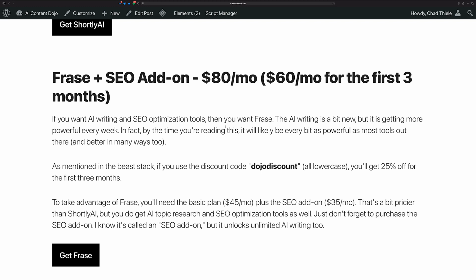The reason you would pick Phrase over Shortly is if you're doing small amounts of client work and you need the SEO optimization capabilities, maybe some of the AI research tools that Phrase has, content gap analysis and different things that you can offer to your client because you have this tool. Then this is a really good deal for you, because there's no other tool in the market that gives you all of this power plus the writing and everything. So Phrase is the one that you want in that case if you want a little bit of extra power.